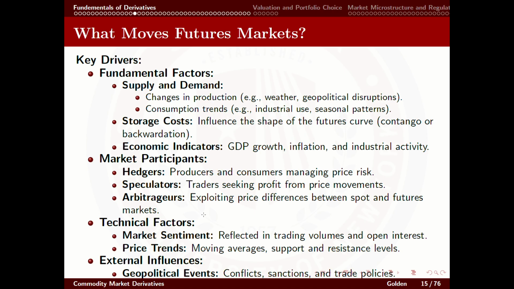Technical factors and market sentiment are reflected in trading volumes and open interest. Open interest is the number of people in the bid-ask spread, the number of people who put in a bid to buy or sell the commodity. Then price trends: moving average, support, and resistance levels. Then, of course, you have external influences. Geopolitical events very much affect